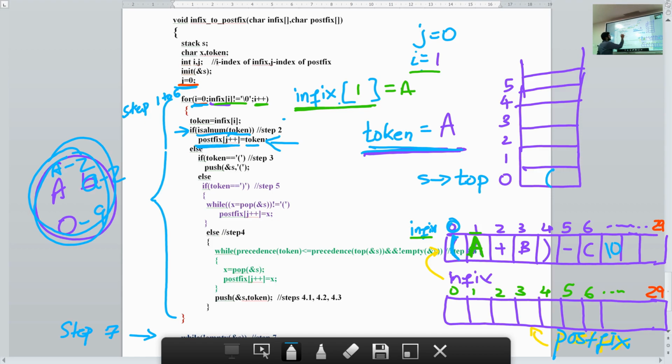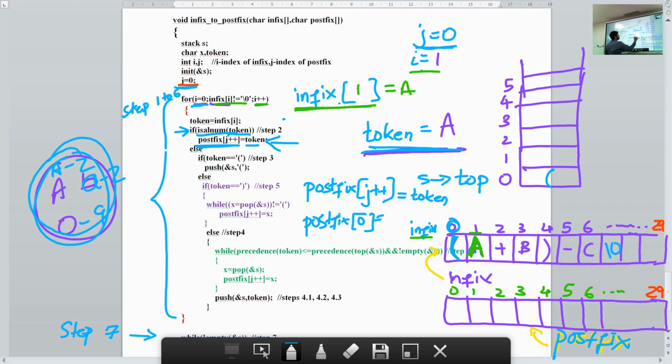So what we do? We take the token value A, and we put it in the postfix array. You can see here it is written as postfix j plus plus. So what is the value of j? 0. Let me simplify it for you. Postfix of j, in that we store the token. Value of j is 0.